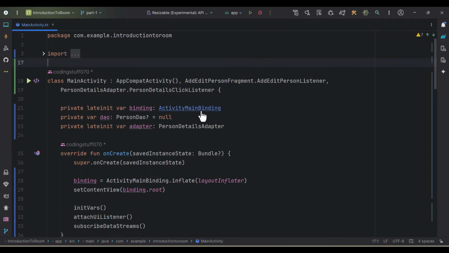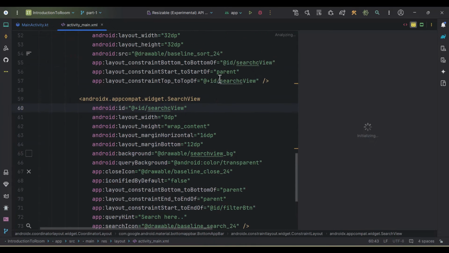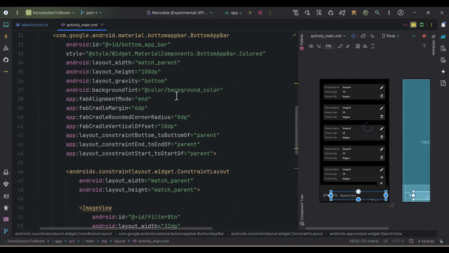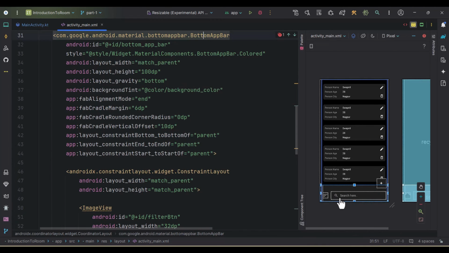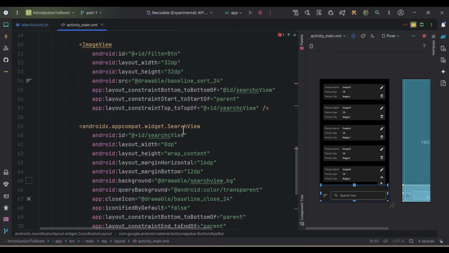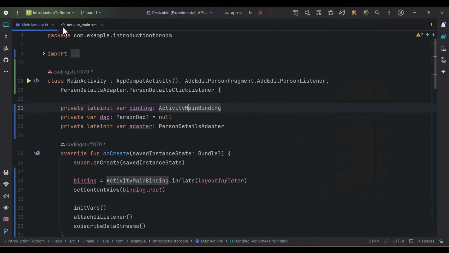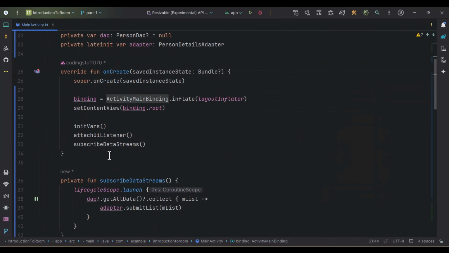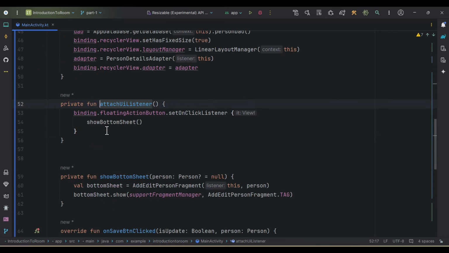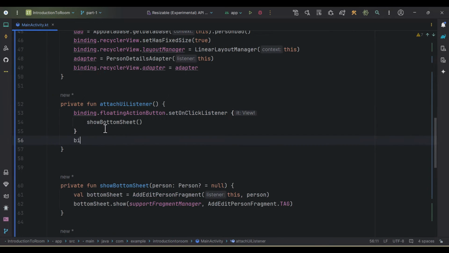So for that, let's just have a look at our activity main layout. Inside this, we have one search view, and it is wrapped inside the bottom app bar. Cool. And I guess I made one typo here for the ID, but it's fine. Let's just go back to the main activity, and we'll attach one listener to our search view. So I'll go to the attach UI listener, then I'll write binding dot